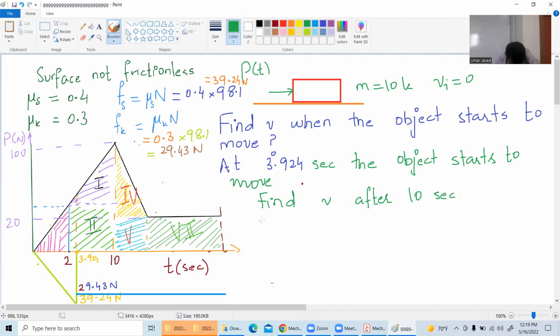So it will become V2 is equal to mv2 minus V1 is equal to, it will be, so this fellow will be